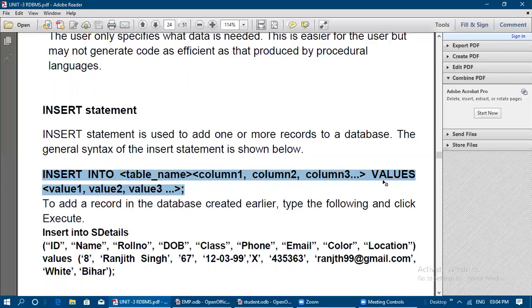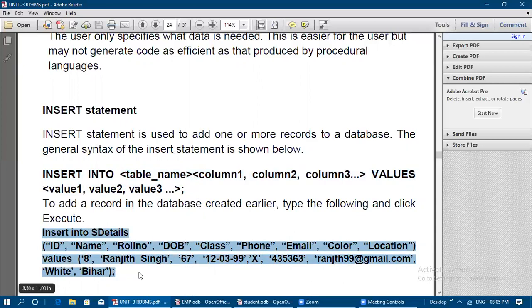Afterwards you need to write values. All the column names should be enclosed within parentheses. Here they have given angular brackets, that is less than and greater than, but that is only in the syntax. When you are using it, you need to use parentheses only. See the following example, in this format only you need to mention.